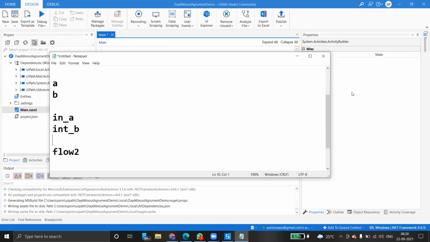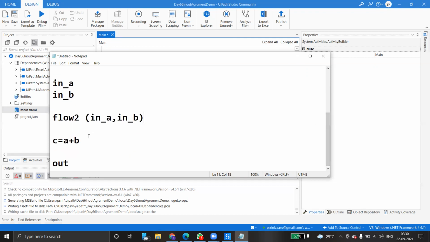After assigning a and b to in_a and in_b, we have to pass both input type arguments a and b to workflow 2. So that means in underscore a, comma in underscore b. We are passing both the arguments. Inside workflow 2, we are just adding in underscore a plus in underscore b.